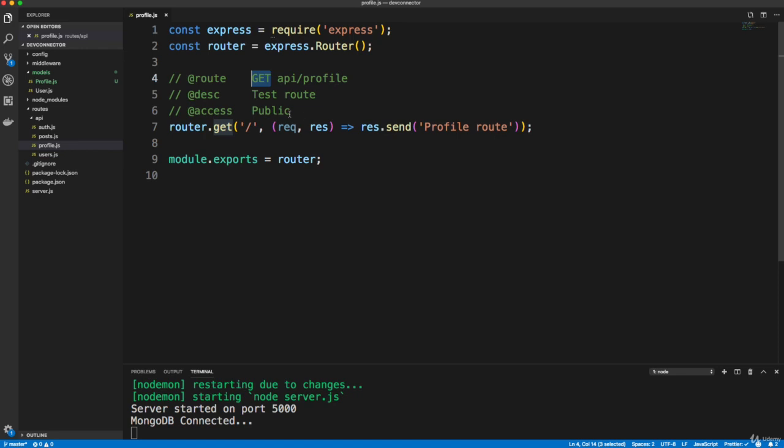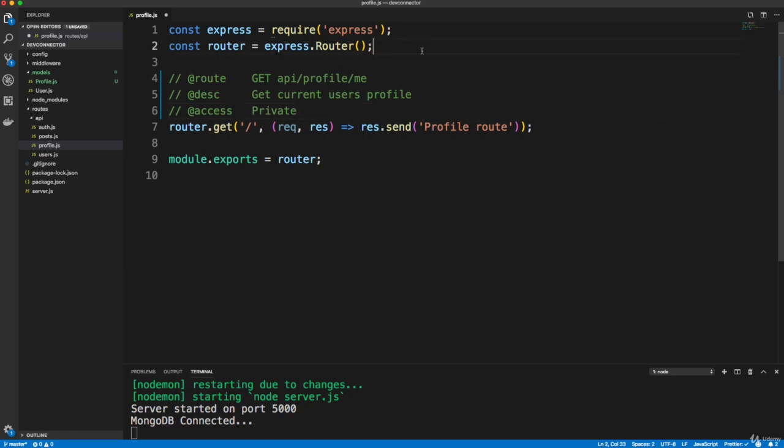So we're going to go ahead and this is going to be a GET request, but the endpoint is going to be API/profile/me. Okay, because just API profile, I want that to get all profiles. This particular endpoint, I want to just get just ours based on the user ID that's in the token. So let's change this to get current user's profile, and this is going to be private, obviously, because we're getting the profile by the user ID that's in the token, so they have to send a token, which means we need to bring in the auth